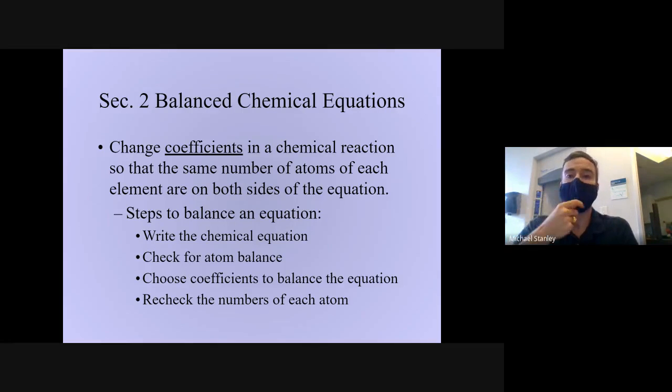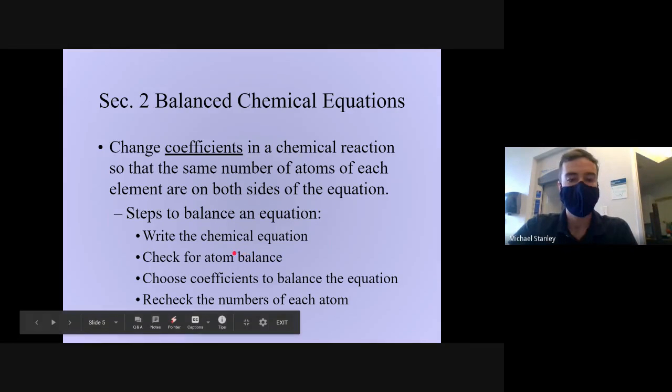Our goal is to make it so that there's the same number of C's, the same number of H's, and the same number of O's on the reactants and product side of the equation. Or depending on the equation, it might be other atoms, but that's the basic idea. Each type of atom, you should have the same amount